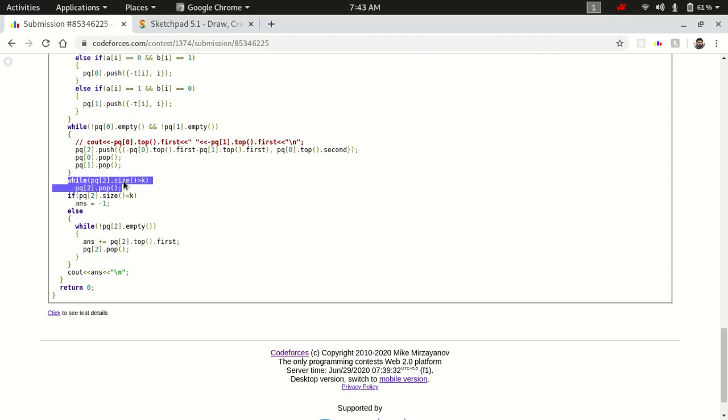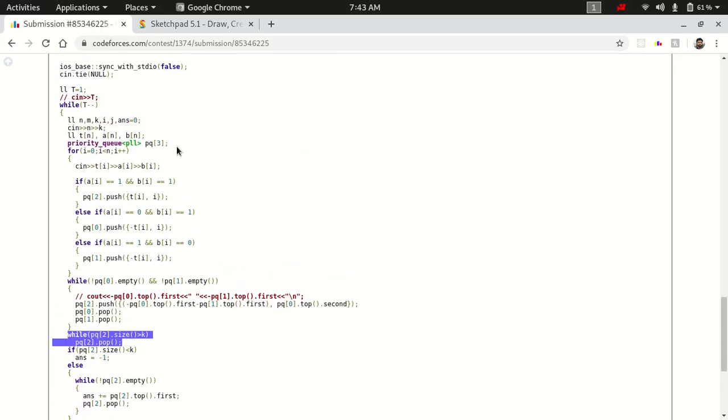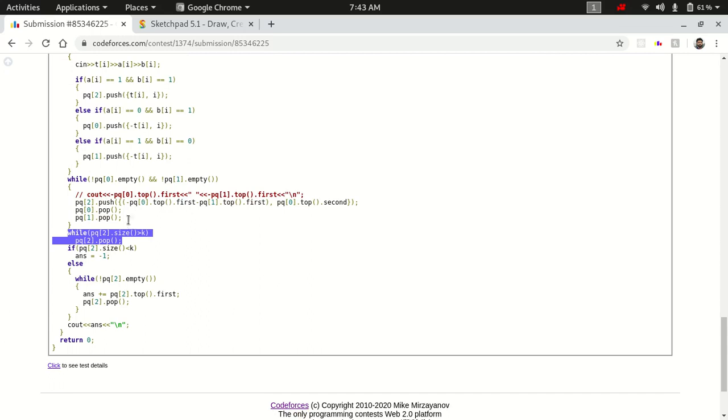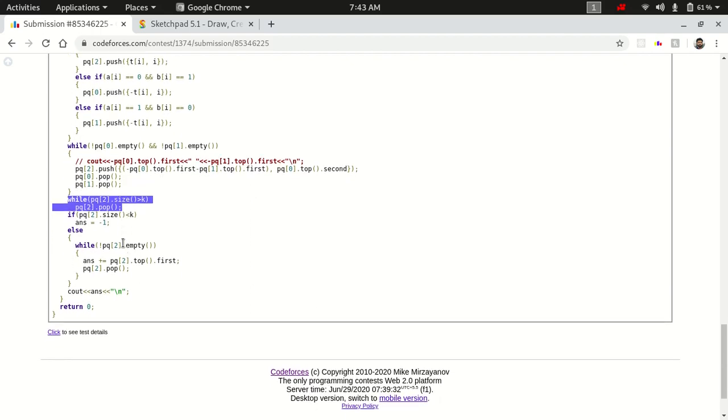As I said earlier, the priority queue stores the maximum value at the top, so all the maximum values will get popped if the size is greater than k, and after that I check that I have at least k points in my priority queue, because both the values of a and b have to reach at least k. If I cannot reach k,